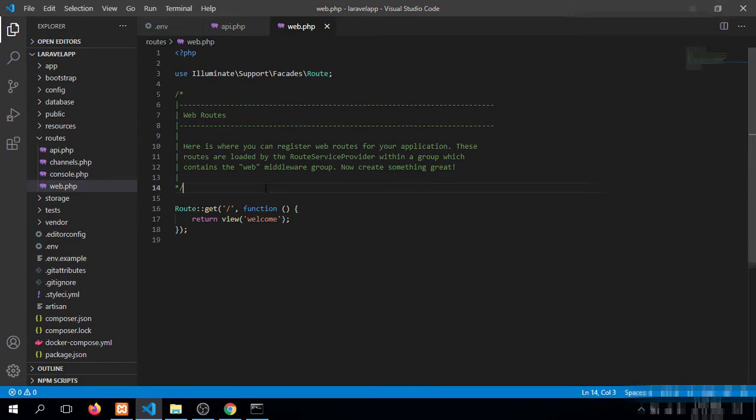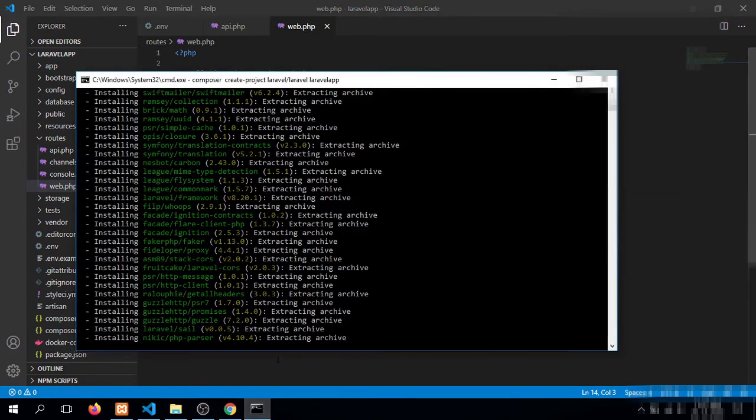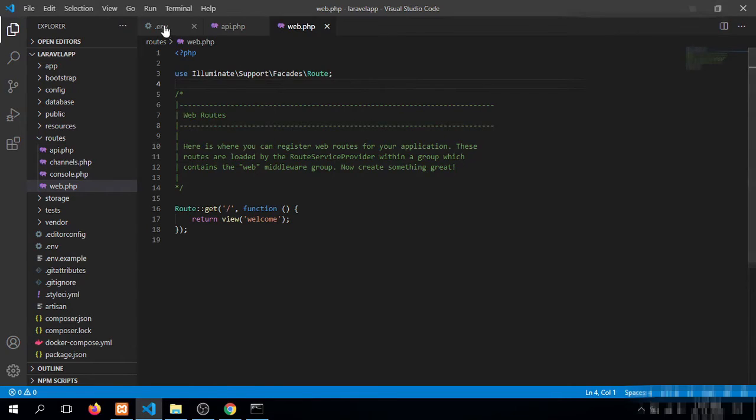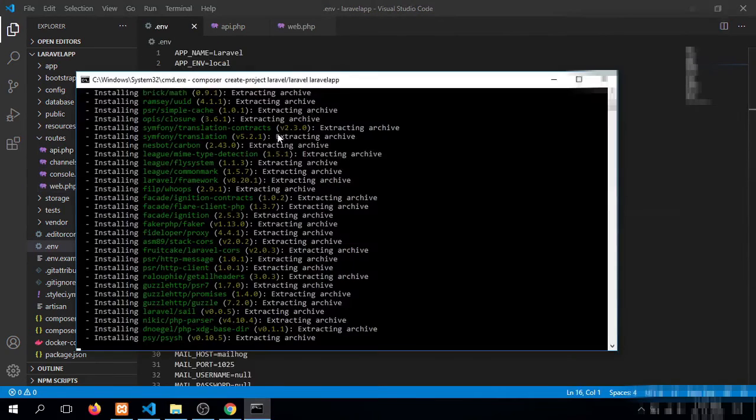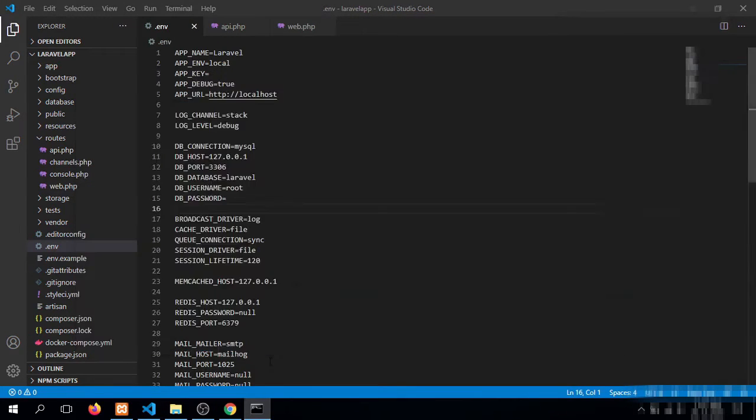Laravel provides a lot of inbuilt commands by which we can create our model schema and controllers, and we can migrate all of our schema to our database. We can set up our database connection. Till then, the dependencies are downloading.